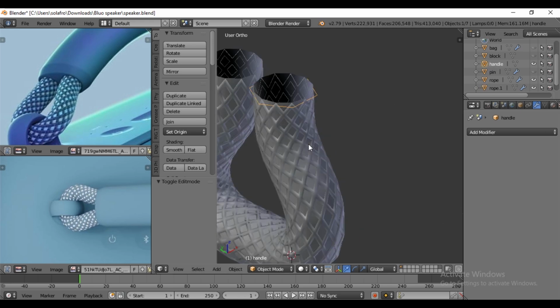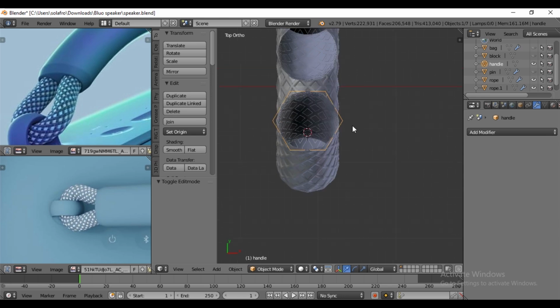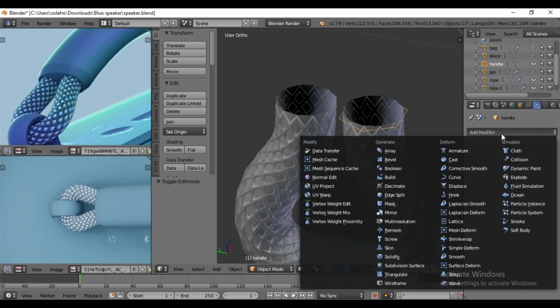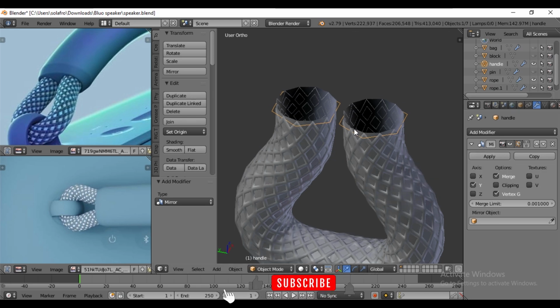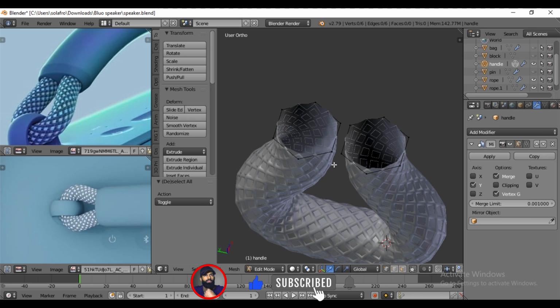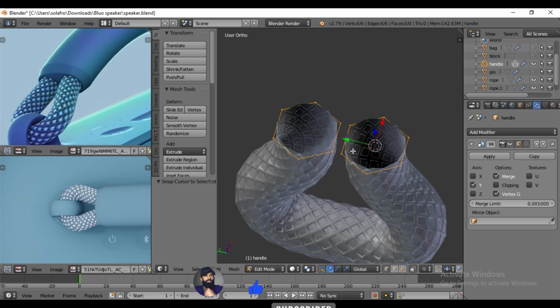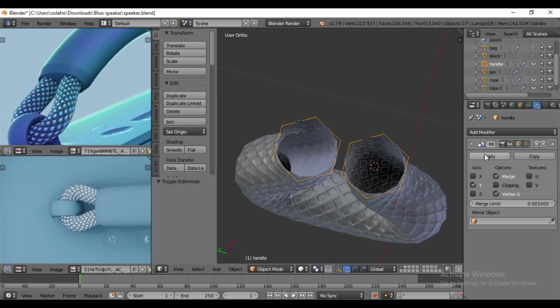Select the handle. Then add the mirror modifier in the Y-axis. In edit mode, select all by pressing A. Before that, apply the mirror modifier.